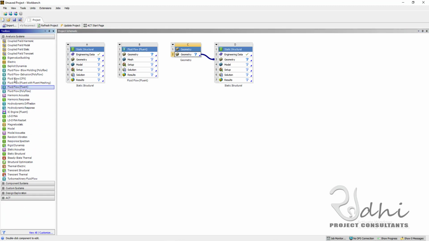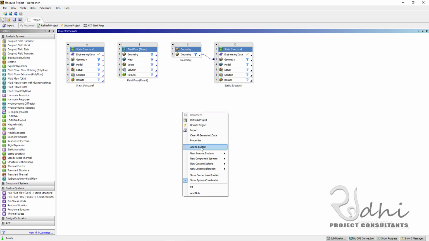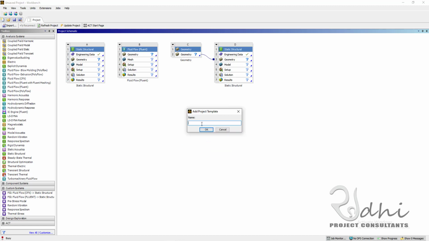Then the next one, custom systems. Suppose you want to create the system as a custom system. For example, you need a static structural, you need a fluid flow, and you need another static structural element, and in your entire analysis, you are going to repeat it 10 to 20 times. So every time you must create the static structural, fluid flow and these connections. You don't need to do that, because you can create a custom system. If you right click and add to custom, you can give the name. So I'm giving it as a test system,